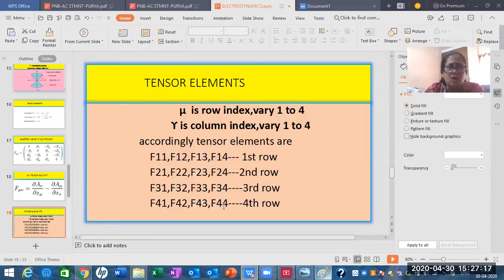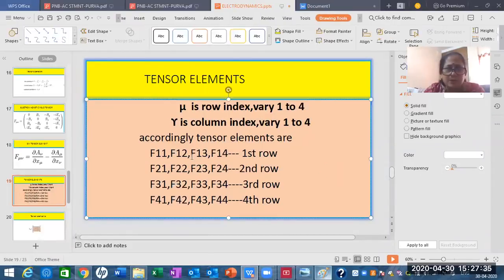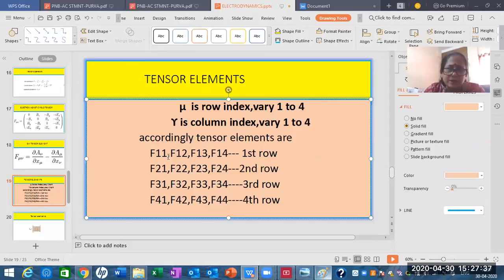Just now we saw all the diagonal elements are 0, fine. And if you take off the diagonal elements, you see here 21, 31, 32, 41, 42, 43. These are the lower triangle of the matrix. And similarly here, if you go up, what is that? F12, F13, F14, F23, F24 and F34. This is the upper triangle.